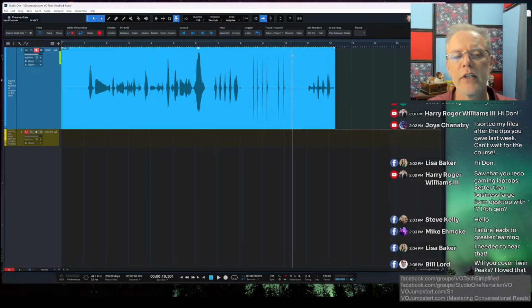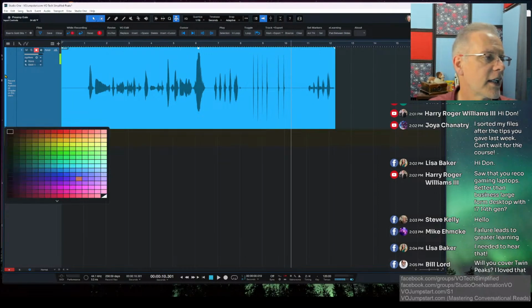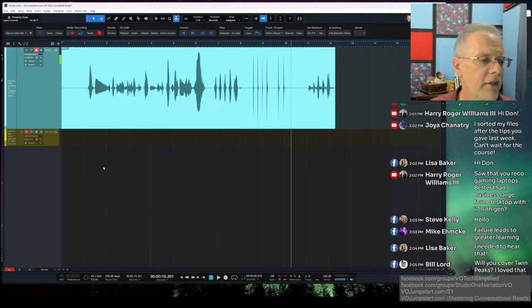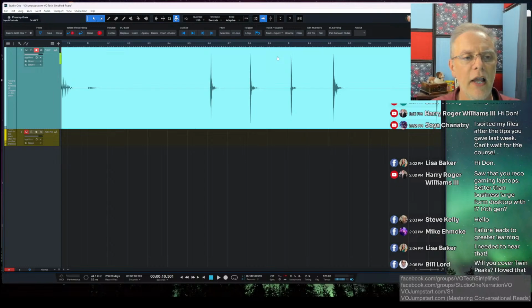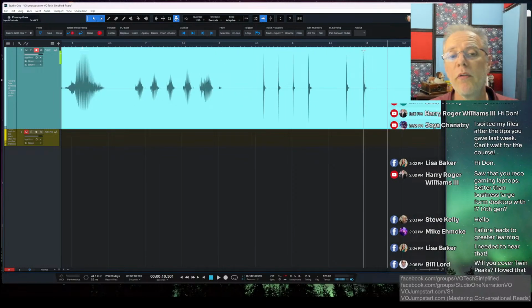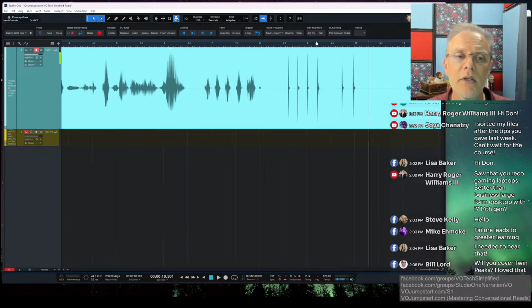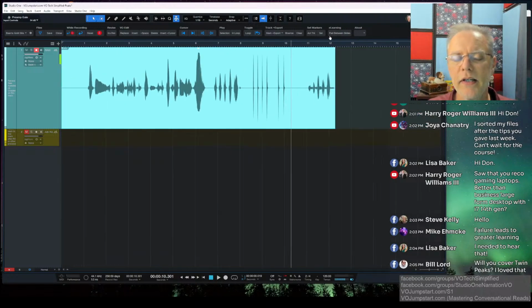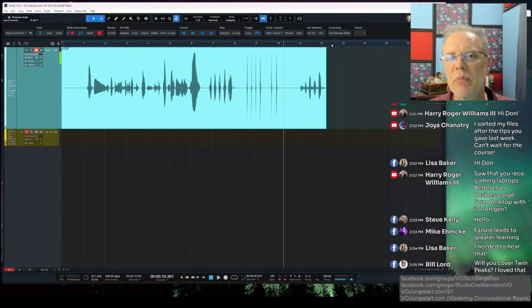Now, visually, you can see. Let me change the color of this because I will do something really bright maybe. Let me see if I can get bright. All right, there's brighter. So now there's bright, and you can see some peaks here. And the only reason these peaks don't go all the way to the top is I have what I call a safety limiter on my input. I do recommend people do that.